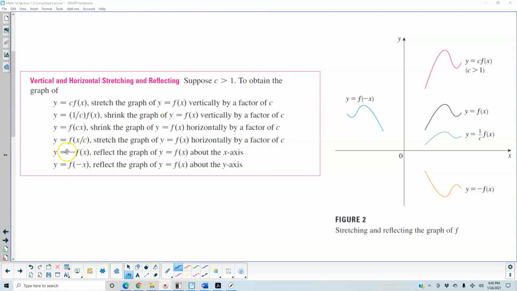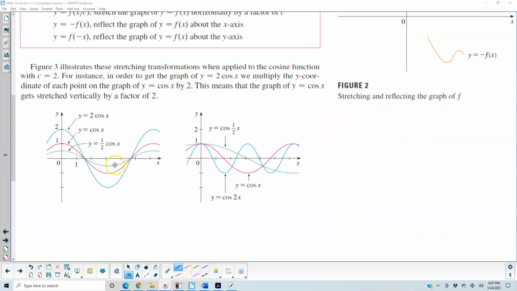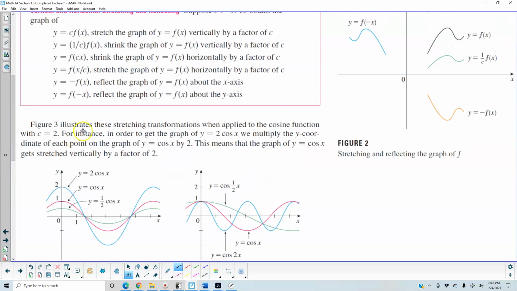If we have y equal to negative the function f of x, then we reflect the graph of y equals f of x about the x-axis. So we reflect it here. And y equals f of negative x reflects the graph of y equals f of x about the y-axis. Adding another example here, we have figure 3, which is going to illustrate these stretching transformations